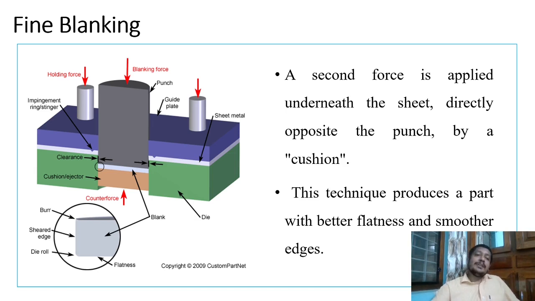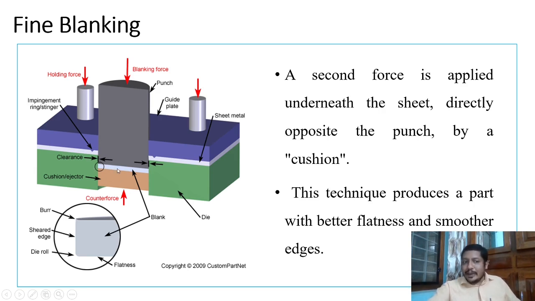In all the sheet metal operations, you require a die and a punch. The die and punch come together as a die and punch assembly, and this assembly you will normally fit into hydraulic presses. According to the ram movement of the hydraulic press, your punch will move down. This is nothing but the shape which you want to cut off, and that is the gap between your die and punch.